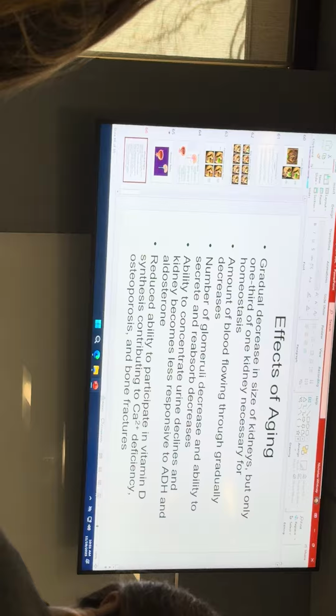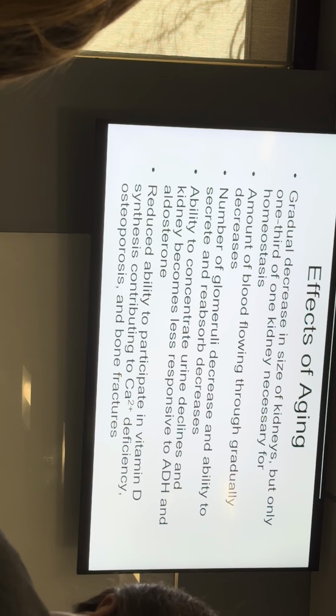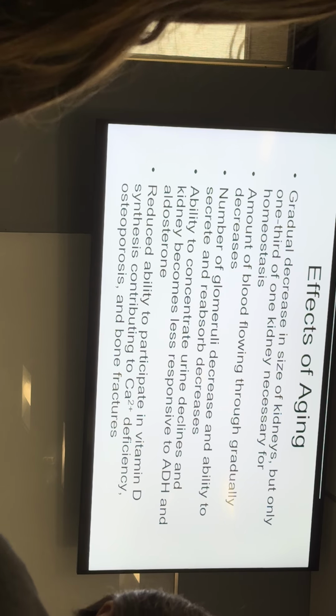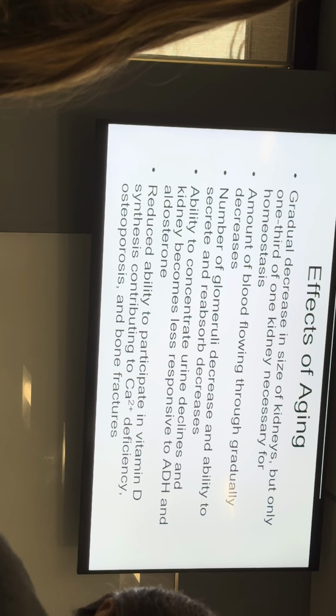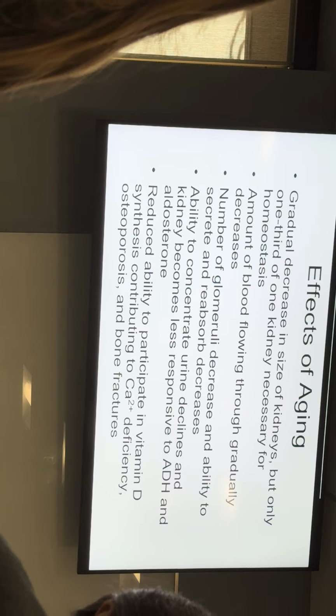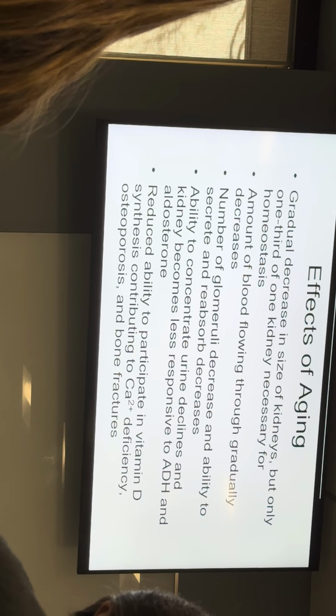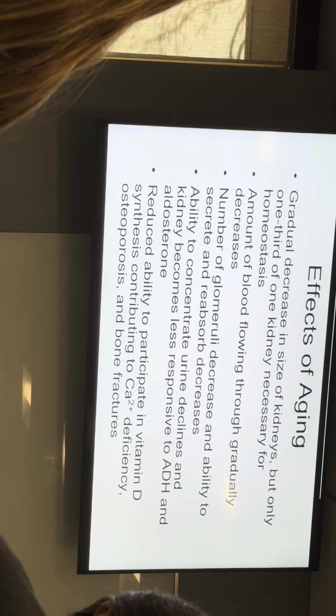Okay, so then, last slide for this chapter, is what happens as we get older with our kidneys. Your kidneys decrease in size, and they get less nephrons, but it doesn't really matter, because as a young adult, you guys right now, you have 6 times as much kidneys as you need. So you really only need 1/3 of one of your kidneys.